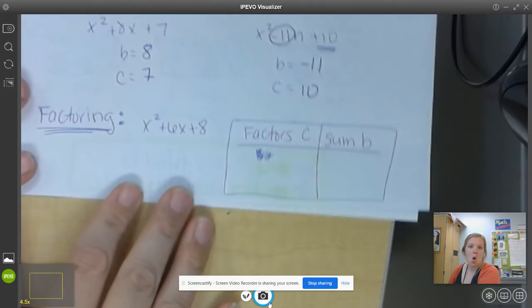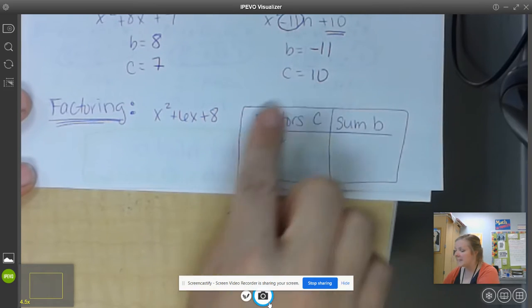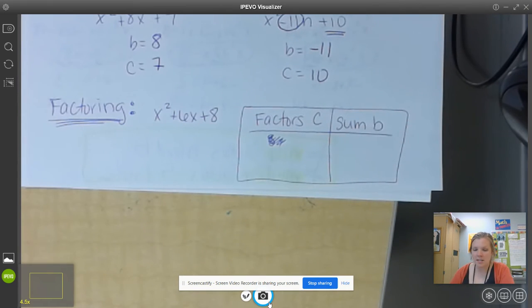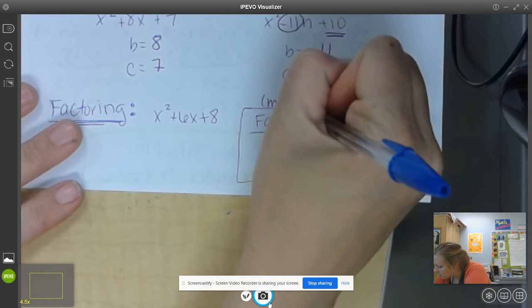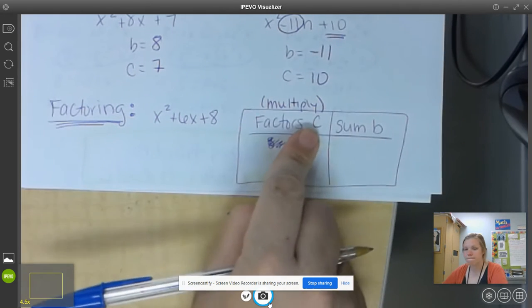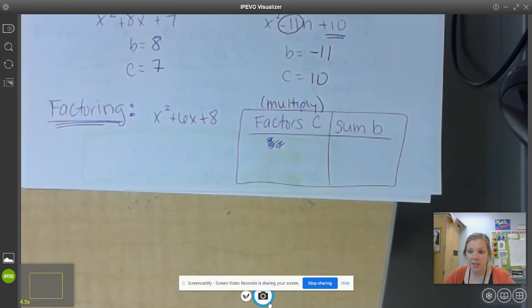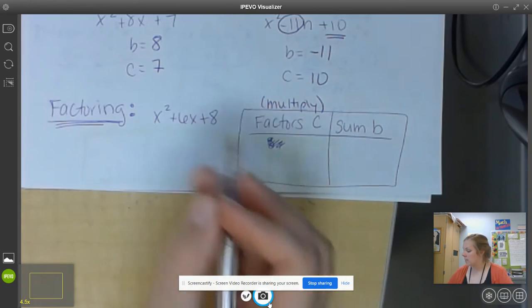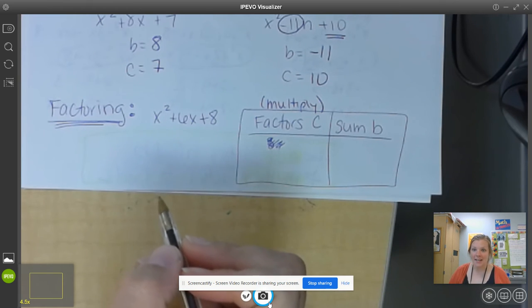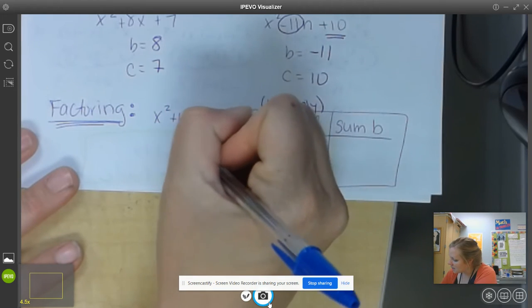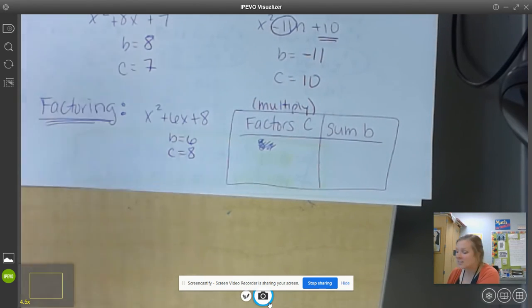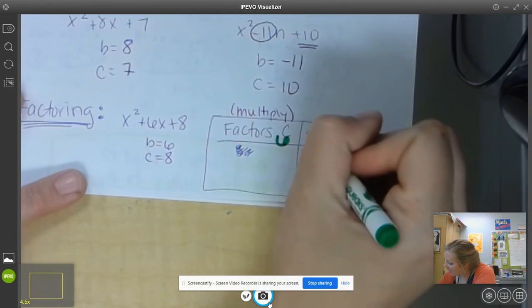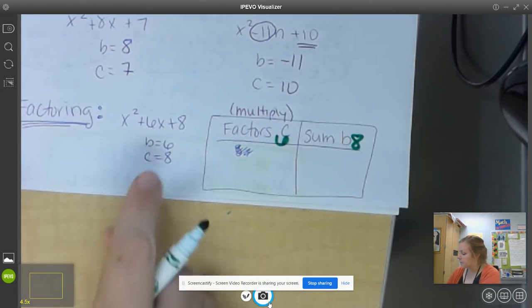Here's our first problem. When you're doing this, I'm going to ask you to please set up this table. Just like we practiced, or just like I talked about a second ago, we are going to find the factors. That means the numbers that multiply to be C and add to be B. We're looking for those two numbers. So in this case, you first have to identify B and C. In this case, B is 6 and C is 8. So when I'm doing this, I'm going to find the factors of 6 that add to be 8, because that's,